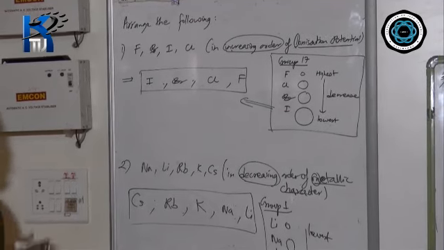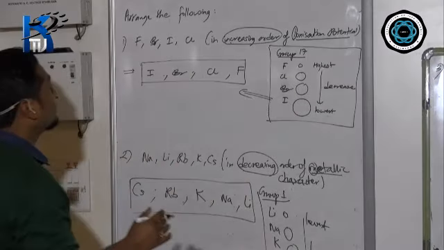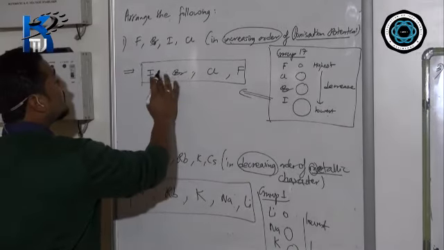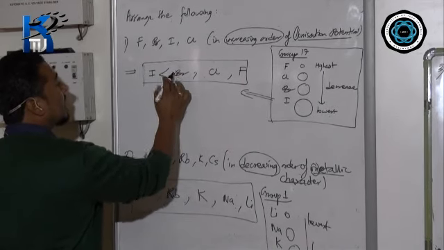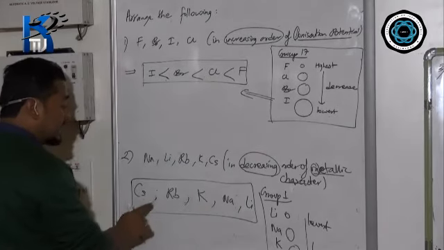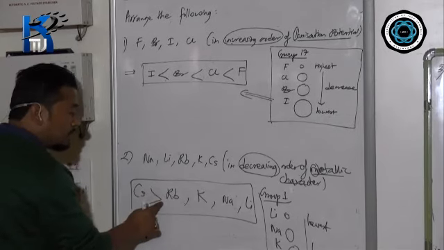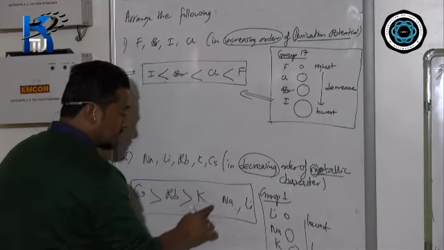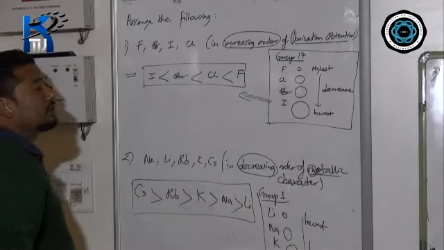So I request you, it is a basic of class 5 and 6, do learn how to show increasing and decreasing order. In increasing order, in this symbol, the peak will be on the left hand side and the gap will be on the right hand side. Whereas in decreasing order, in this sign, the gap will be on the left hand side and the peak will be on the right hand side. So please do learn these symbols. This is increasing order, this is decreasing order.